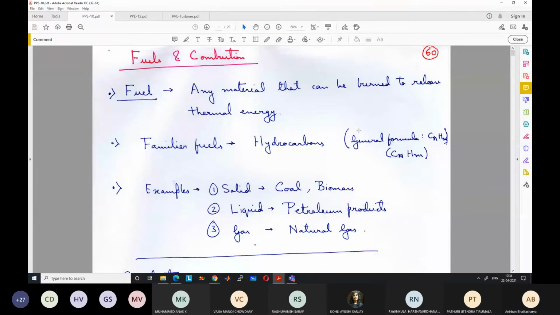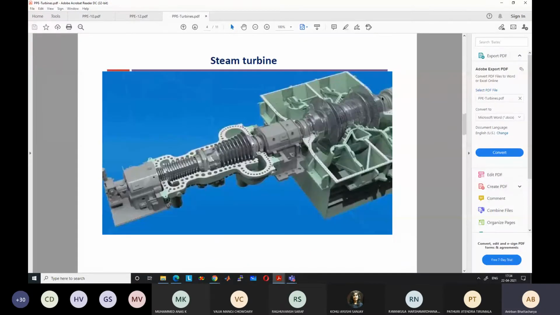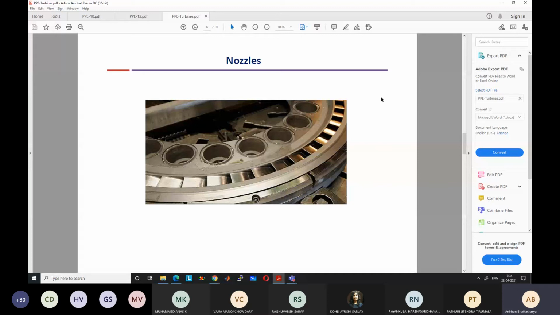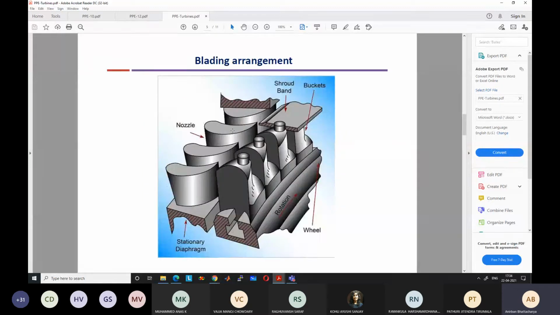So anyway, let us come back to our discussion. A single stage will typically have a set of nozzles, also known as stator blades, followed by a set of rotating blades, which are known as rotor blades. The flow comes in through the nozzle at a subsonic velocity, then it is accelerated through the converging-diverging passage to supersonic velocity. Then it leaves at an angle designed such that it enters the rotor blades smoothly at their edges.